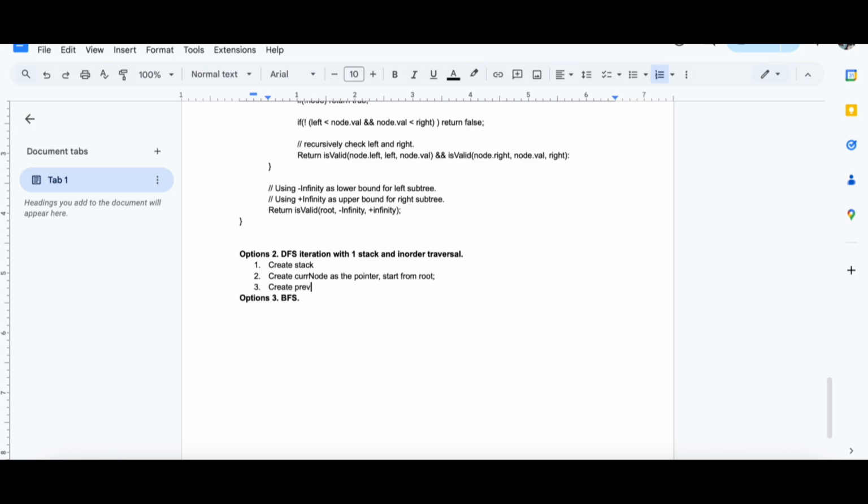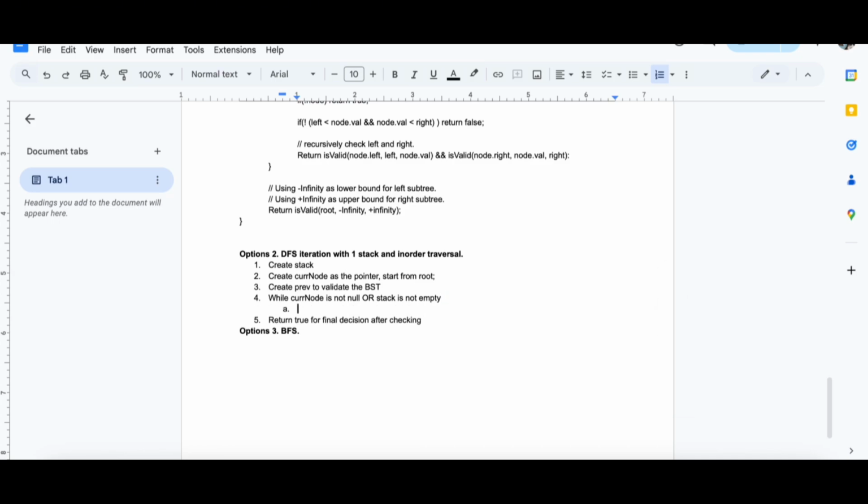Then create previous to validate the BST. Then while current node is not null or stack is not empty, we return true for final decision after checking.